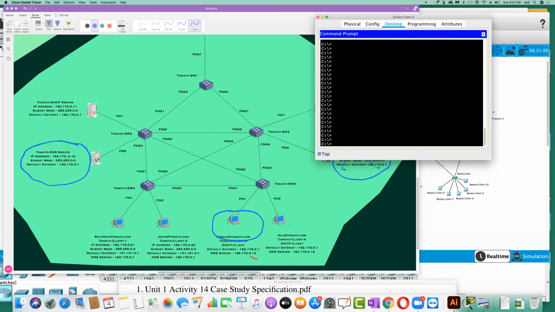You understand now? So what do you want me to check now? I'm not able to access by name, I'm able to access by IP address. What should I check now? We can check the DNS server A record. Provided by the DHCP server, or it should be a static configuration.